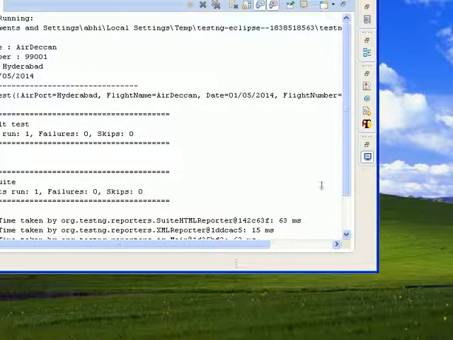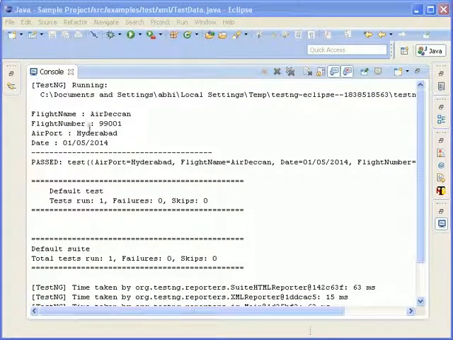So now you can see the test data. It's Air Deccan with a flight number ending with 01.